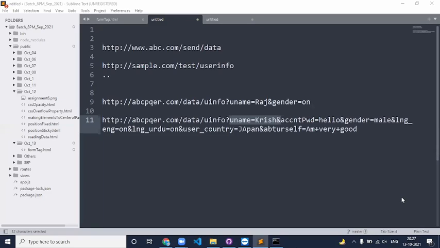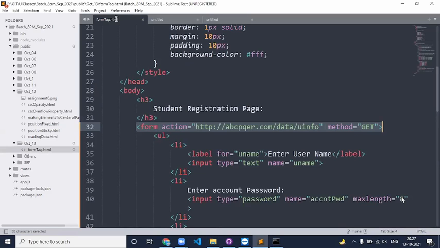But what if, sir, as we said, GET is not as secure as POST, what if a customer doesn't want their details to be exposed in the URL at that time? What is the next step?